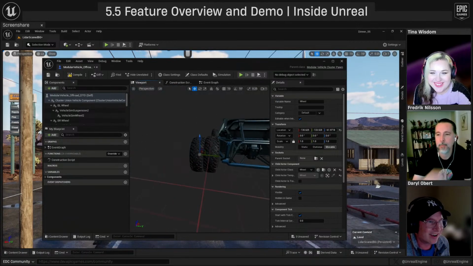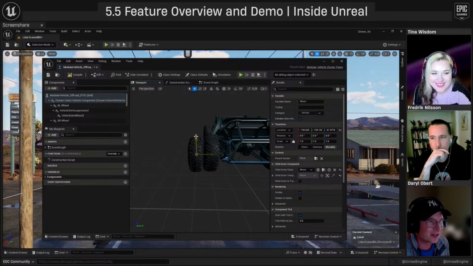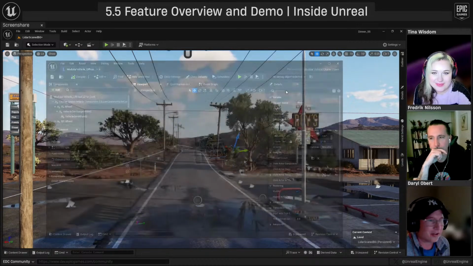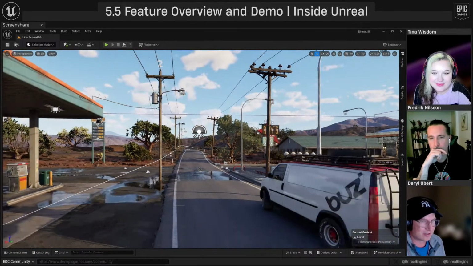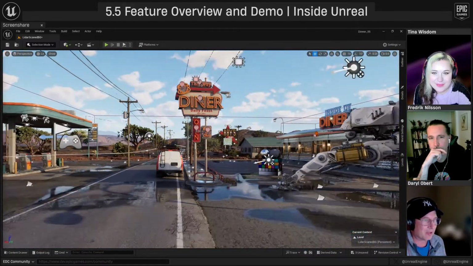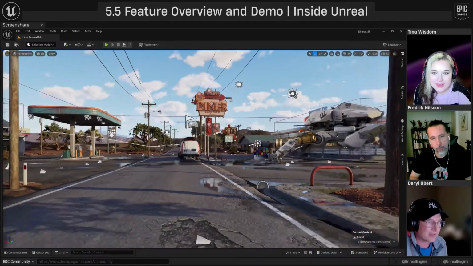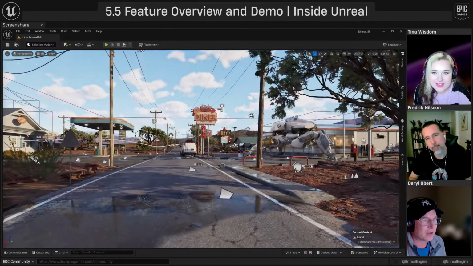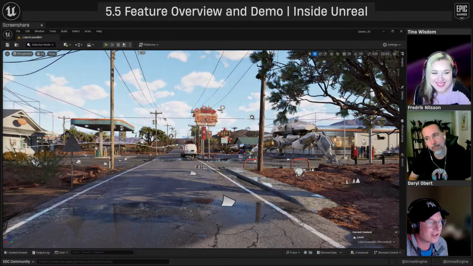All right, so we got our little wheels. They're looking cool. This one's probably a little too far out, but whatever. We'll hit compile. I'm gonna close this down. Oh, I think that's probably why I blew up the first time: my back wheel is on top of that van. I think if I'm here, I should be fine. This looks like a safe spot to start. Let's give it a shot.